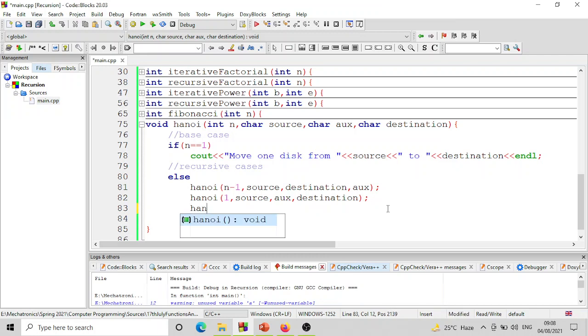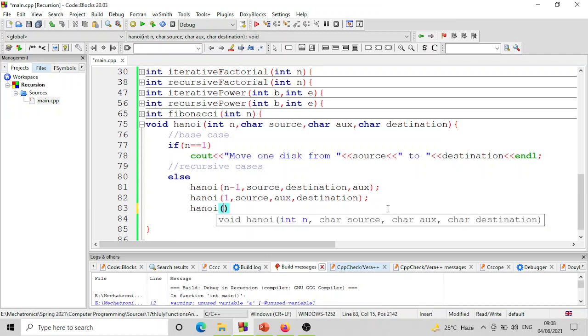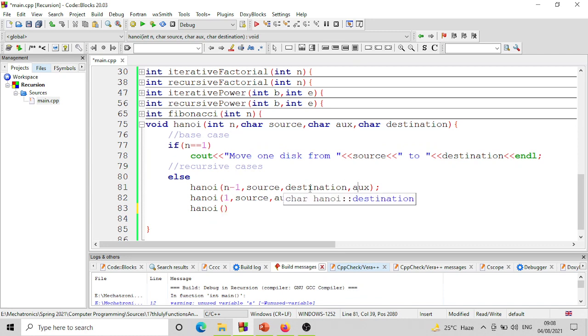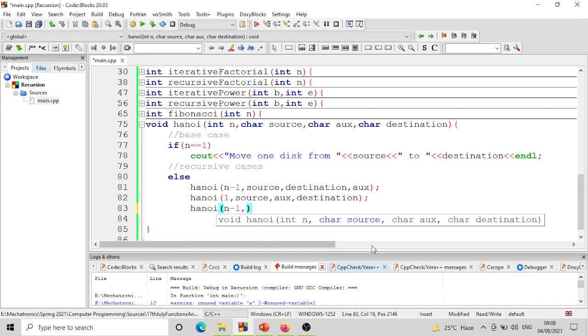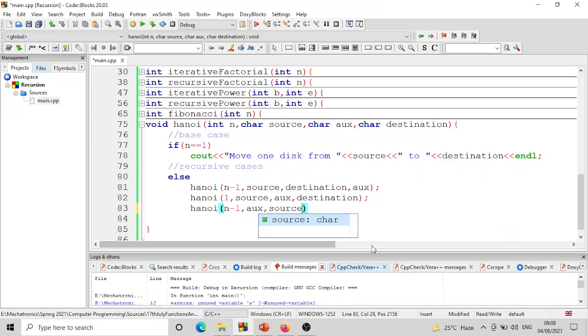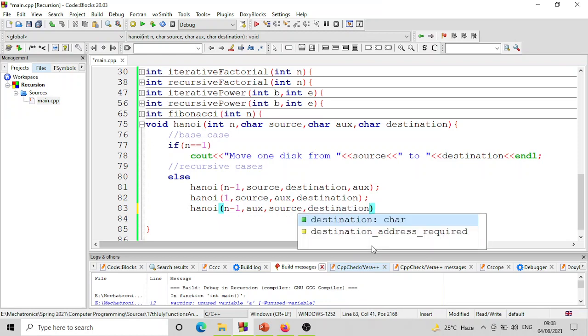इसके बाद तीसरा स्टेप क्या है, हमने ये जो n-1 डिस्क्स जो हमने ऑक्सिलरी पे रखे थे इनको हमने अब डेस्टिनेशन पे मूव करना है। ठीक है, so we have to move those n-1 disks which we placed on the auxiliary peg। So अब वो कहाँ पे पड़े हुए हैं, auxiliary peg पे। तो इस मूव के लिए source is the auxiliary peg, डेस्टिनेशन तो डेस्टिनेशन ही है, लेकिन auxiliary peg जो है ना वो हमारा source peg, ओरिजिनल source peg हो जाएगा, और डेस्टिनेशन is destination। ठीक है, तो वो डेस्टिनेशन पैग ही है।